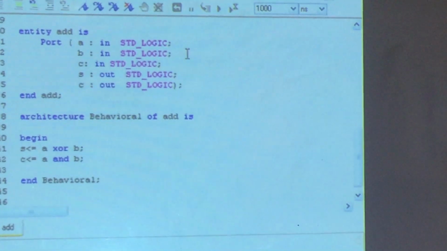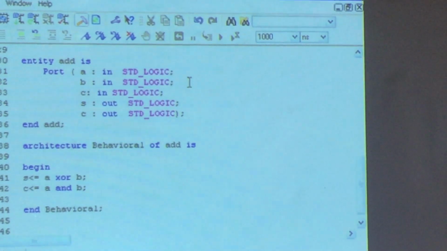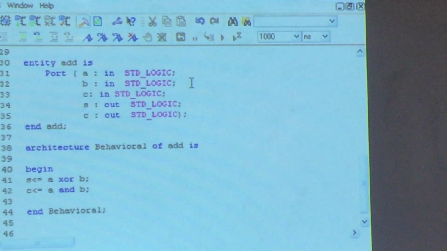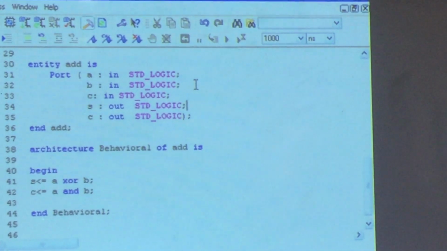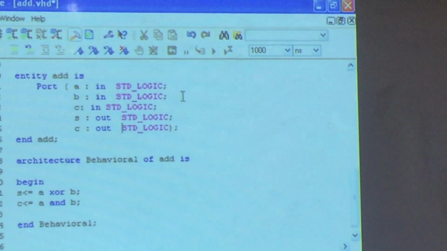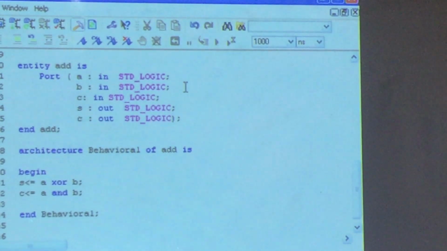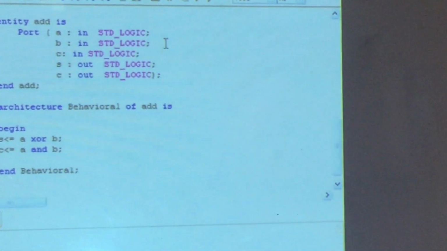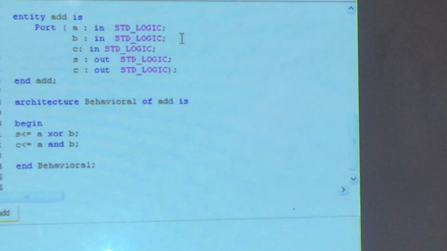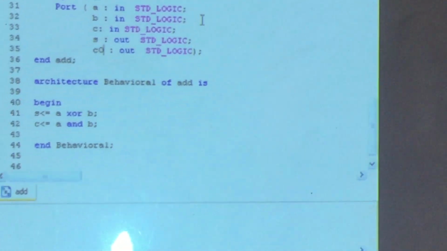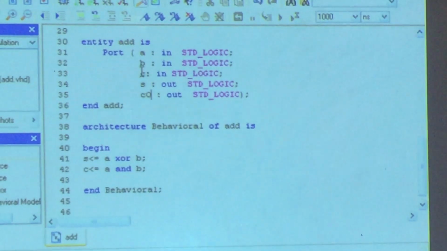Okay, so that is the third input. Here let the output remain the same. Instead of C you give it as CO, because input and output cannot have the same name. Give it as CO.